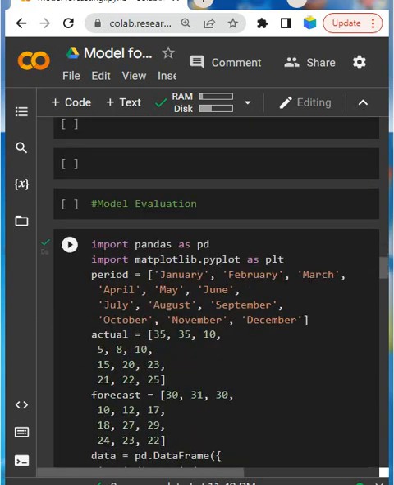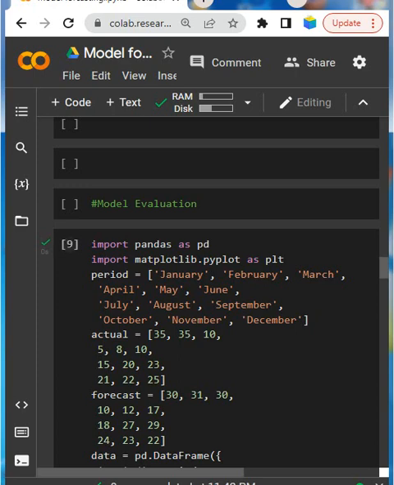Next, how to evaluate a model. Model evaluation for forecasting: whenever you are developing a machine learning model and applying it, you generally benchmark multiple models during the build phase, and then you estimate the performance of those models and select the model which you consider most likely to perform well.